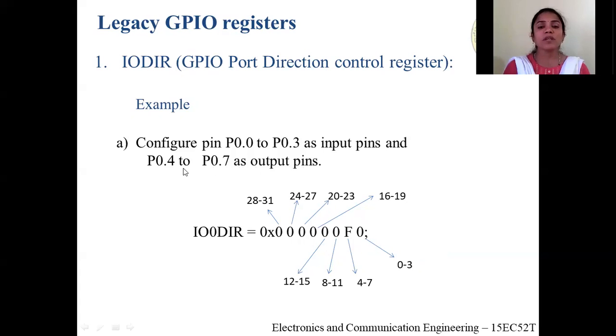To configure pins 4 to 7, we have to set value 1 on those pins by using the IODIR register, that is the second digit. So all the pins from 4 to 7 have to be configured as output. That means four ones: 1, 1, 1, 1, and that is the value, whose hexadecimal value is F. So to configure port 0 pins 0 to 3 as input and 4 to 7 as output, the hexadecimal value we have to set by using the IO0DIR register is